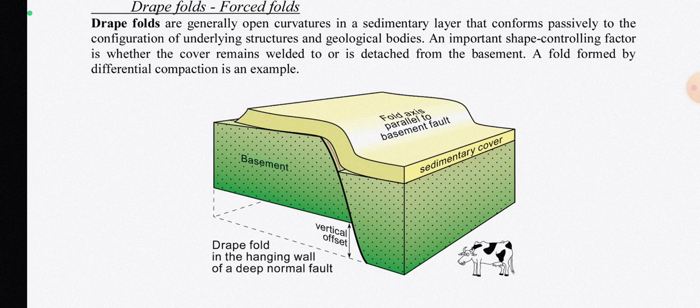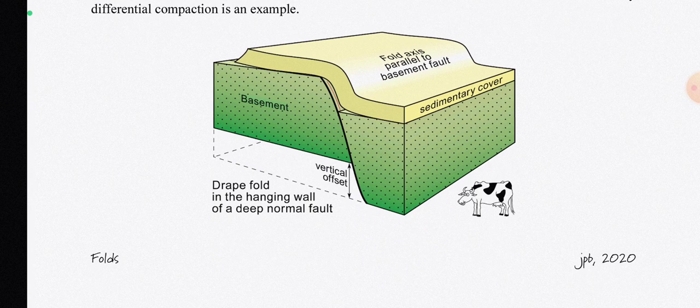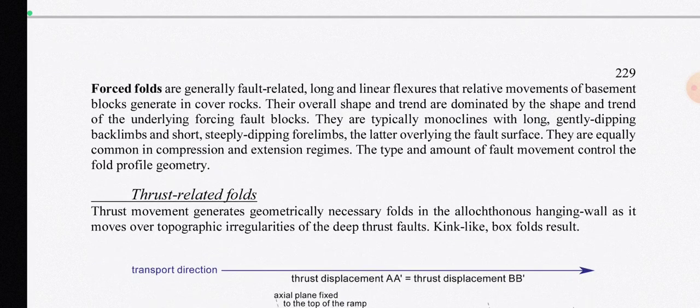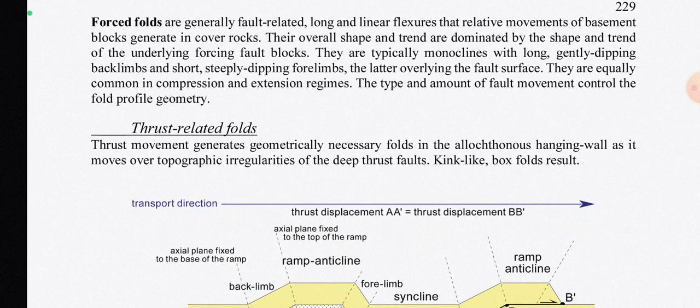An important shape controlling factor is whether the cover remains welded to or is detached from the basement. A fault formed by differential compaction is an example. Now, forced folds are generally fault-related, long and linear flexures